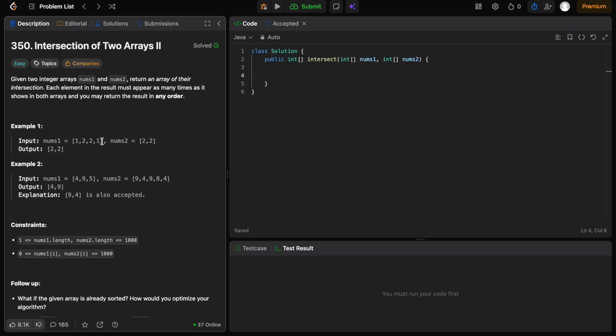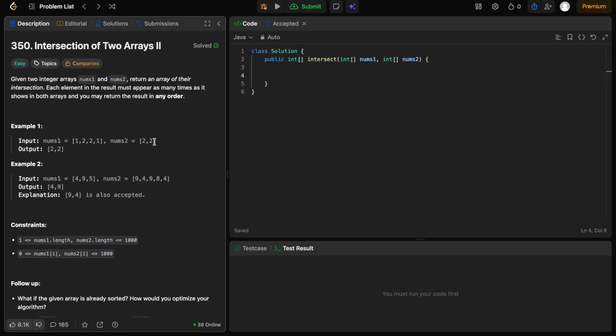Which means the key is 1 and the value is two times, and 2 repeated two times. So now what do we have to do? We iterate the second array. We have to check if the map already contains the nums2 number, which means the 2 is already there in the map, so we add that number 2 into the result list. Similarly for the second number, the other 2 is also there. Which means in the first array 2 repeated 2 times and in the second array 2 repeated 2 times, so our result is 2 2,